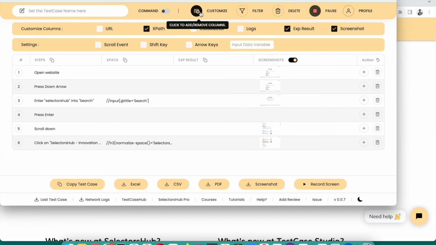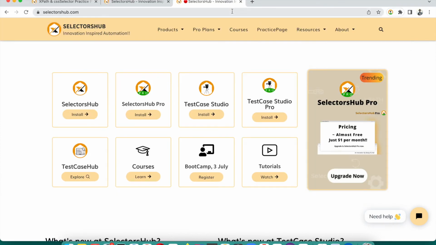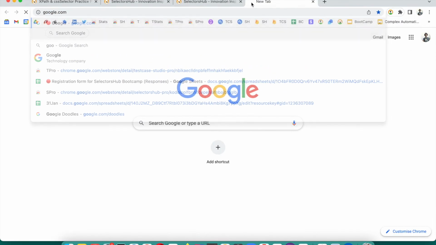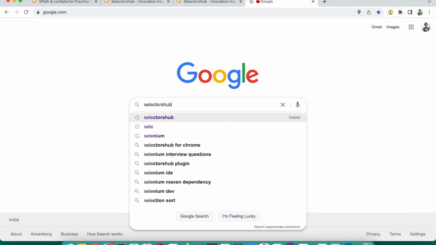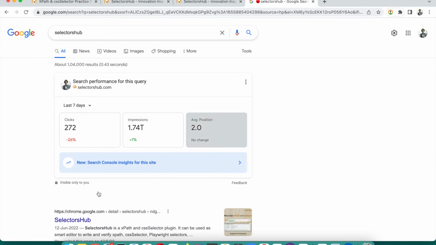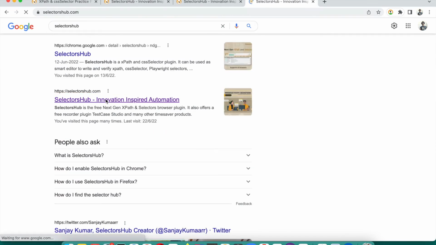Now let me close this, and here you will see that if we again do the same thing, like let me open google.com. Here we type SelectorsHub. If I press down key and hit enter, and then I scroll down, and then I click on this, so you will see that